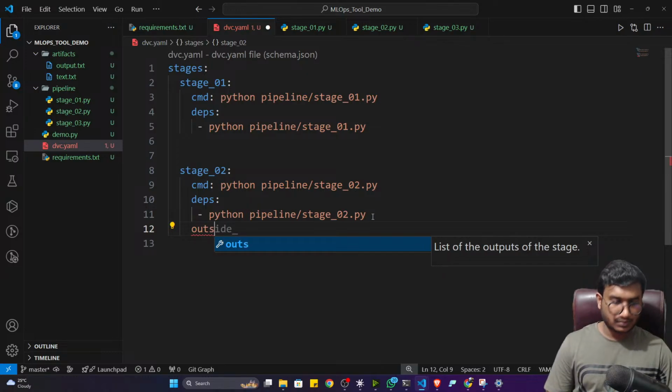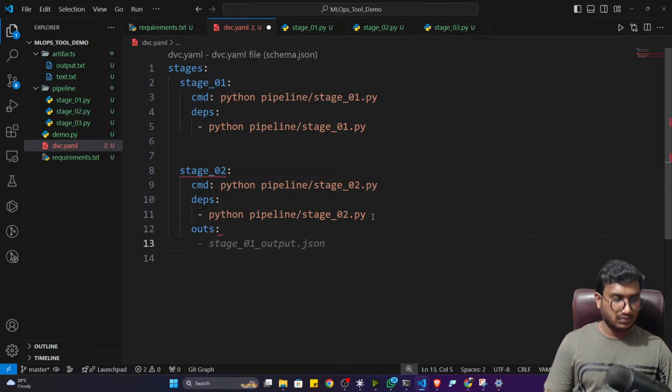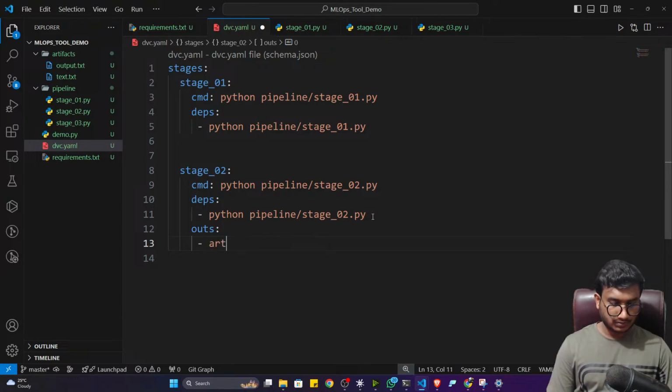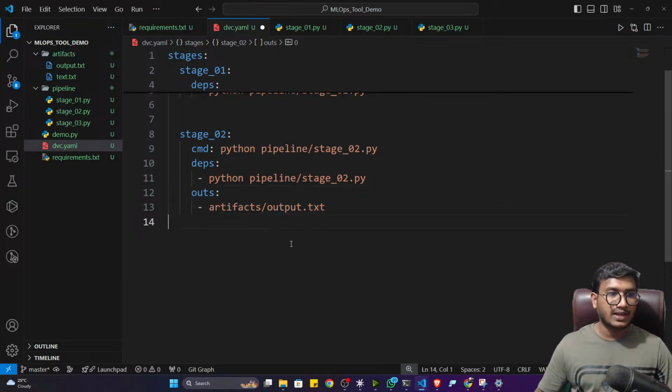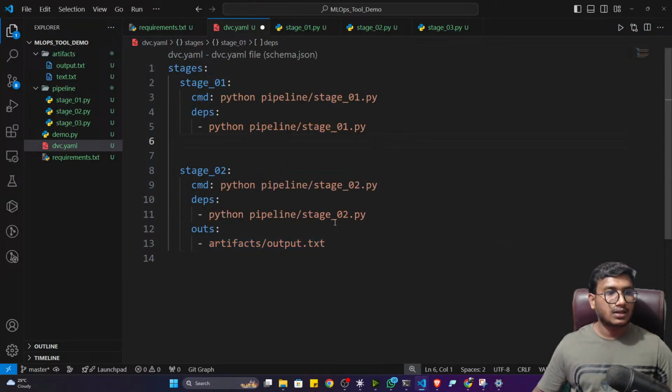Output should be artifacts slash output.txt, because it is going to create this file. Okay, this should be the output. That's it. Now I'll copy